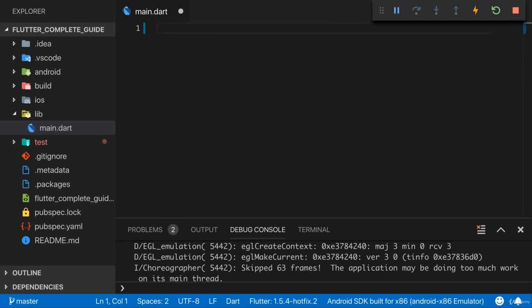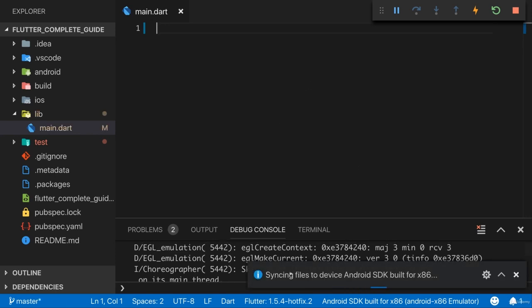Now, why am I doing that? Because I want to create a complete app with you from scratch. I could just give you the instructions on, okay, now add this, now let's do that. And you would have a working application, but you would learn nothing about how it works. And it's super important to understand how it works and why you write which code, not only to learn Dart, but also to learn how Flutter works. And that is what you need to build your own Flutter apps. Because otherwise you can only build exactly the same app I show you, but I want you to be able to build any app. And for that you need to learn it from scratch. So let's remove all that code in main.dart. Let's save the file. It now automatically